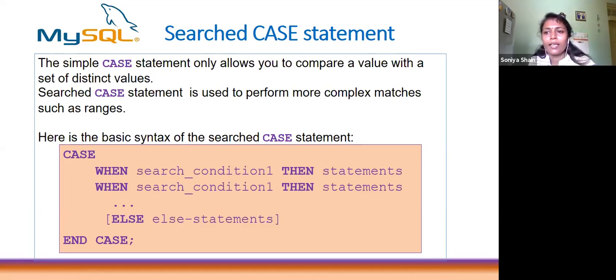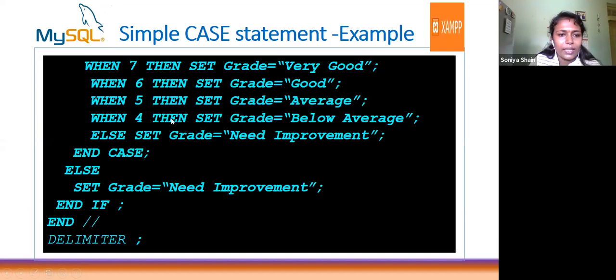Okay, so a group of cases or a range of values can be mentioned, and a single value at a time can also be mentioned in the case statements. So both the simple case and the searched case exist in MySQL. Same here, the then statement, else statement, then end case. The only difference is that in the simple case comes the case variable name, then that value. Instead, in the searched case, the variable name is not required; you can tell the conditions, more than one condition, or a group or range of values. So we will go for the case execution.